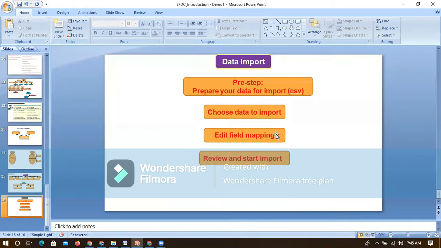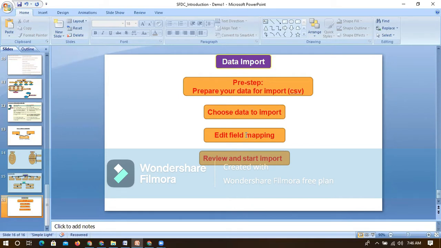Then we have to map. The CSV will have multiple columns, and we have to map those columns to the Salesforce object, so it takes the information from that CSV and updates Salesforce via those fields.